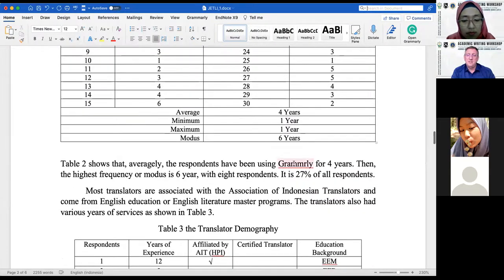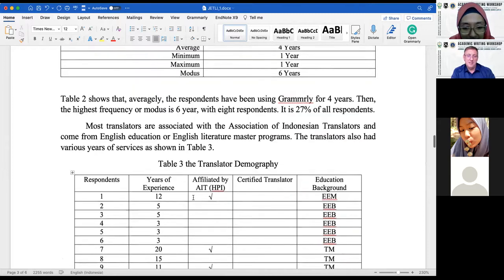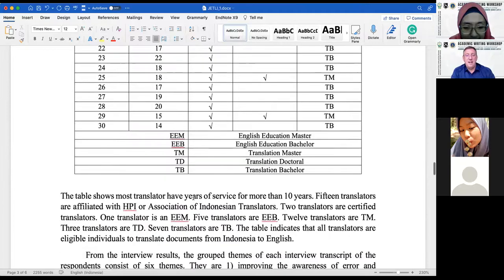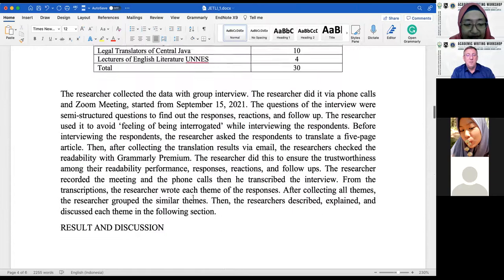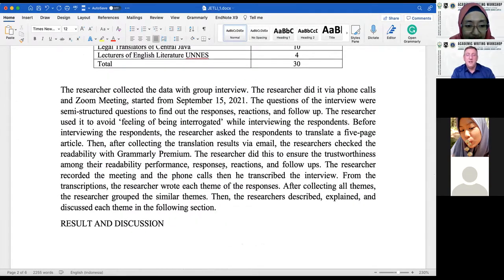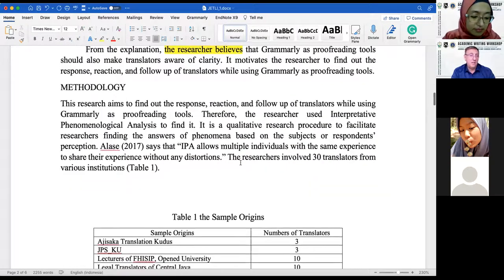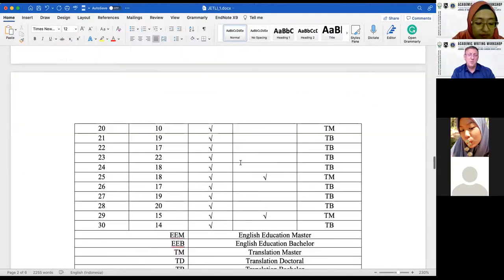And look, they misspelled one of the main premises of their paper, Grammarly. Geez. Yeah. See, again, I have no idea what they're doing. I have no idea how the study was constructed. I have no idea what tools they are using. I have no idea about the participants, on and on and on.